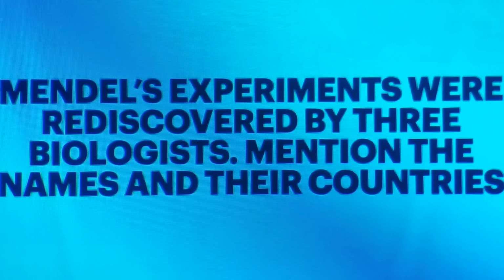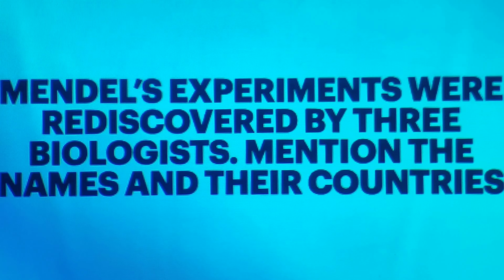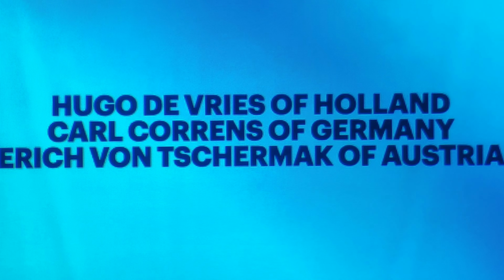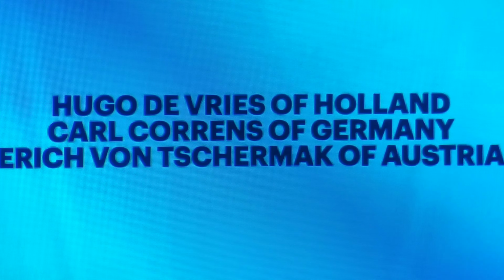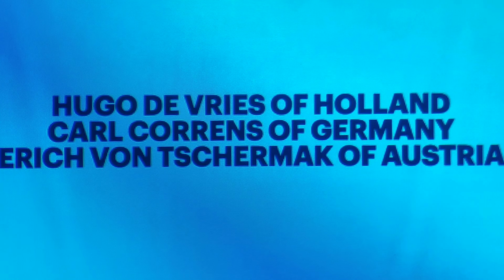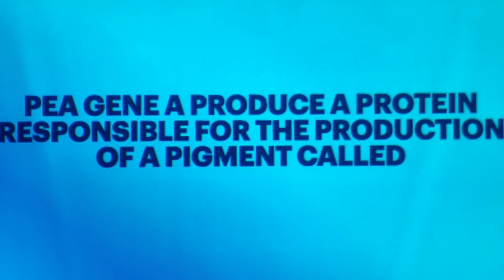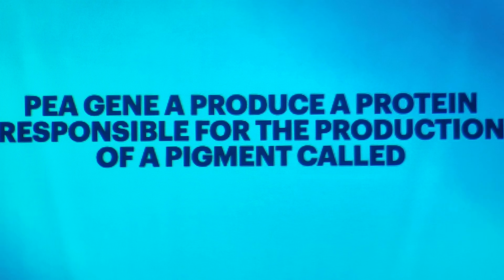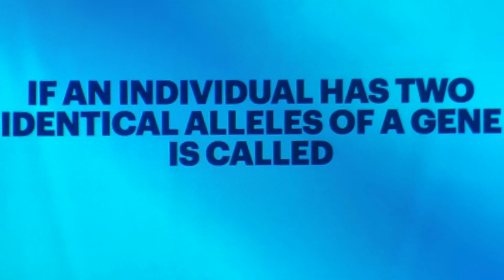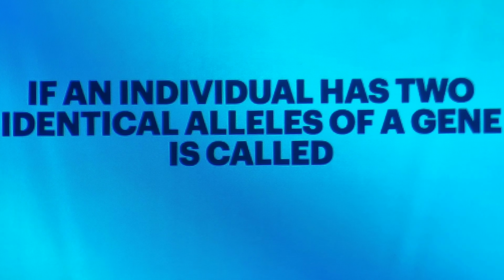Mendel's experiments were rediscovered by 3 biologists. Mention the names and their countries. Hugo de Vries of Holland, Carl Correns of Germany, Erich von Tschermak of Austria. Gene A produces a protein responsible for the production of a pigment called anthocyanin. If an individual has 2 identical alleles of a gene, it is called